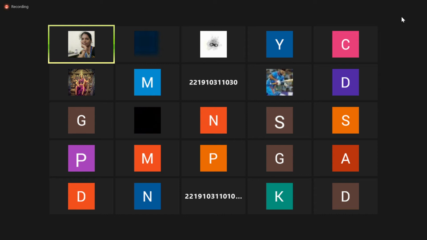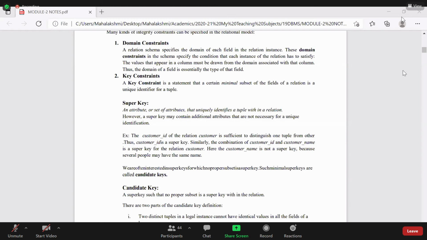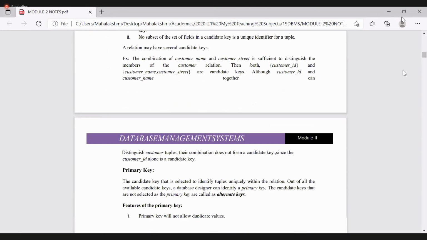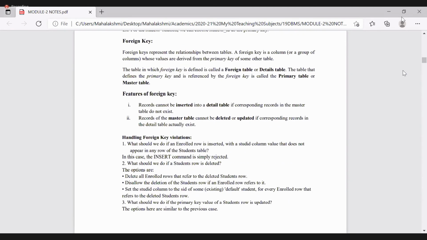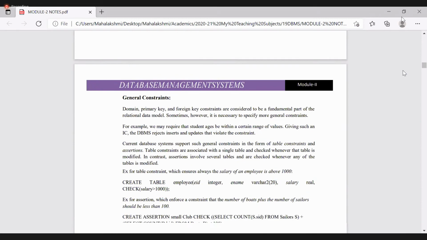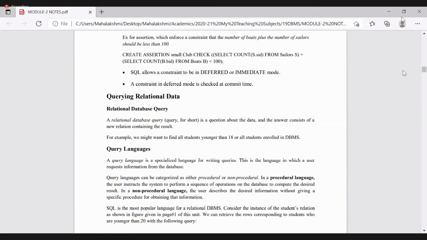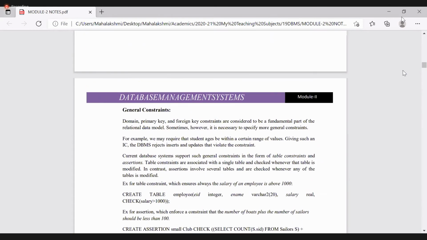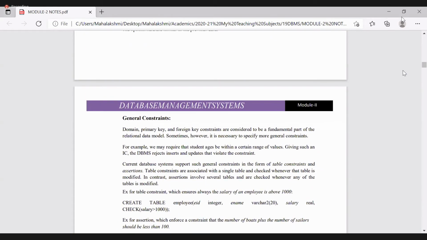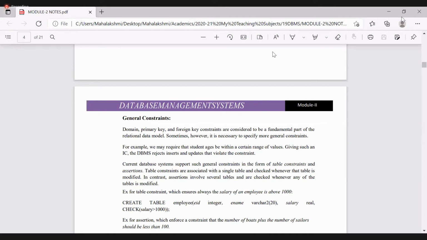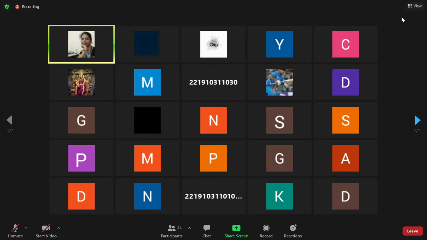And one thing is, as we had this foreign key, okay, not a problem, but I'll tell you. When we discuss the foreign key, I think you have done even the experiment on that. Let me share the whiteboard.